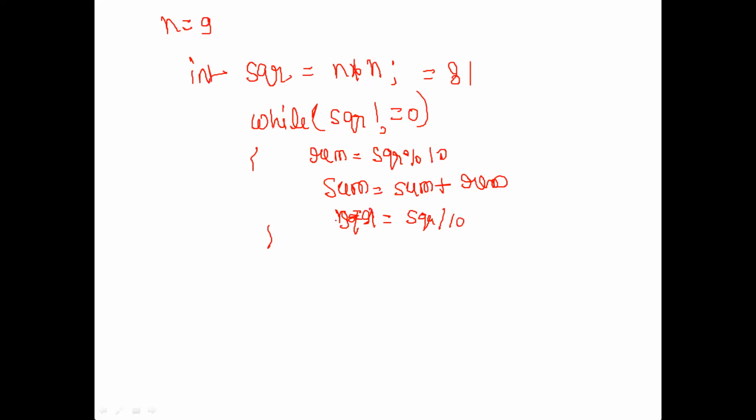These three lines will be inside the while. Every time you'll keep on checking. At the end, your square will become 0. Correct? Now you'll receive the sum. Sum you received as 9. Correct? You want to check whether this 9, the sum which you have received, is equal to the